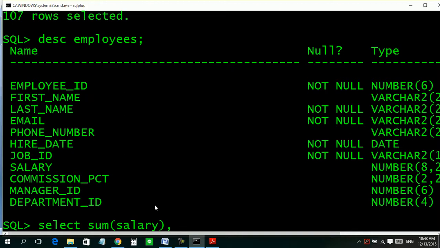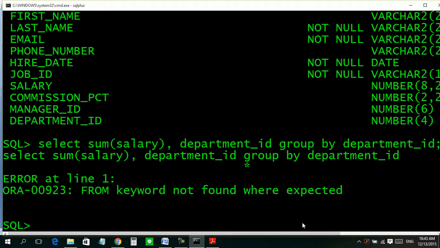Select department ID, sum of salary, department ID, group by department ID.